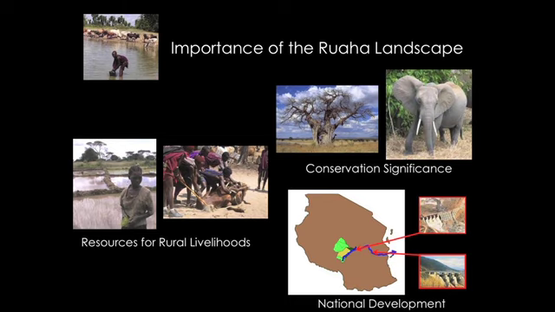It's in some ways the breadbasket, or really the rice basket, for all of Tanzania. About 60% of the rice grown in Tanzania comes from this landscape. It's also really important for national development. So all the water that's generated in these highlands feeds this Ruaha river system, runs 2 big hydro plants that produce 70% of the country's electricity. So all of the industrial development and all of the development in the cities, but the big city, Dar es Salaam on the coast, are really, in a sense, dependent on these upland communities.